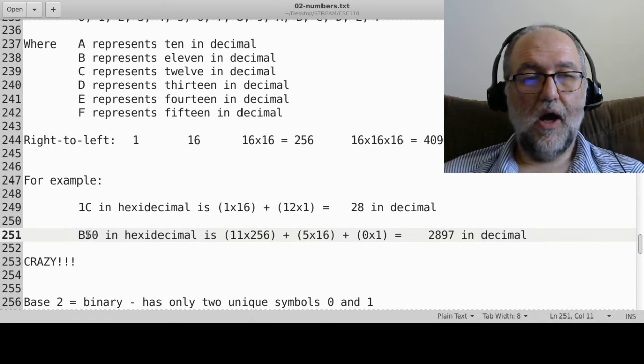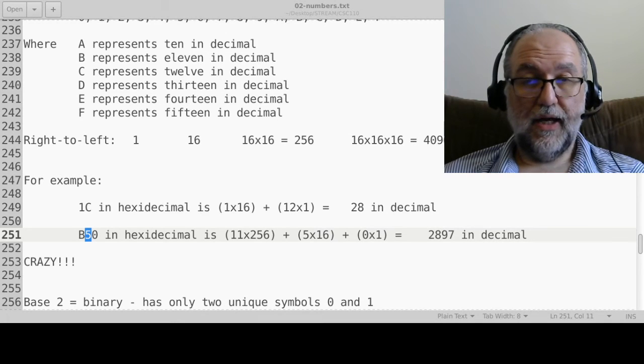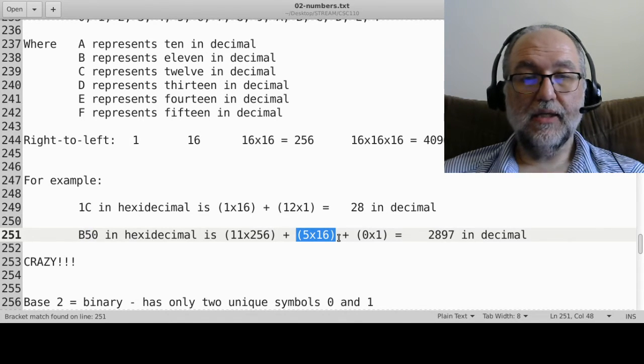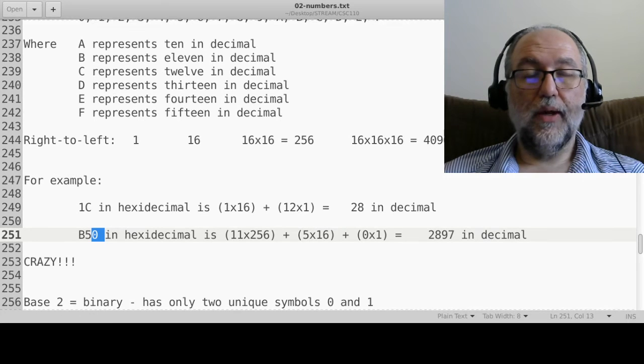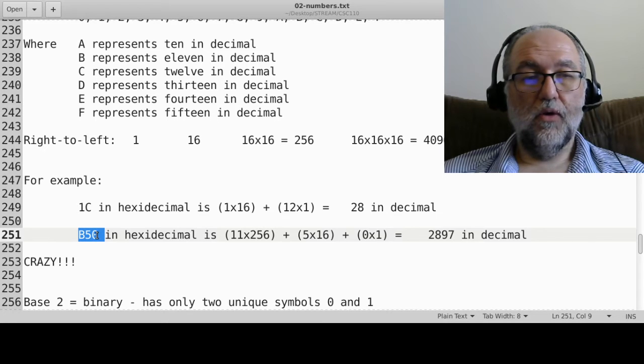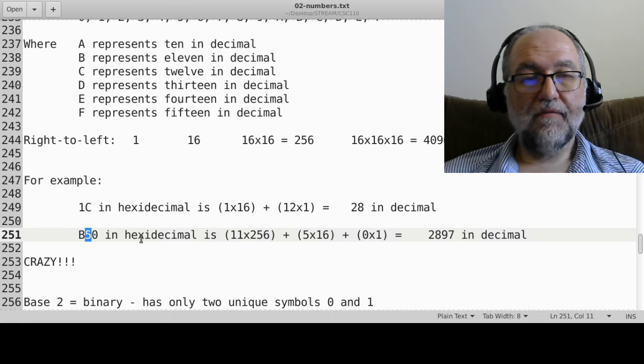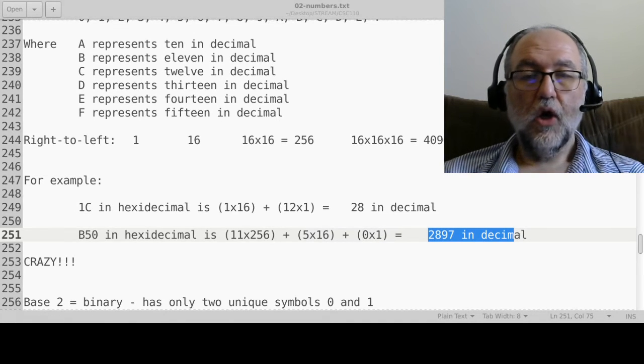All right. That 5, what column is that 5 in? This is hexadecimal, so the second column over is the 16 column. So we have 5 16s. And then that 0, what column is that 0 in? It's in the ones column, so we have 0 ones. So once again, B50 is B, in other words 11, groupings of 256, 5 16s, and 0 ones. And that turns out, I just did it on my calculator,